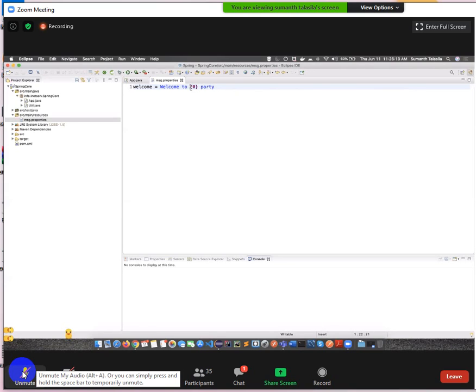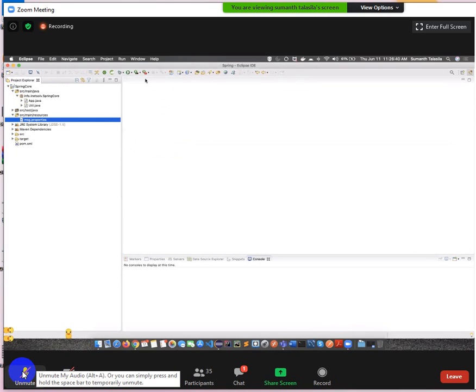Tomorrow the Congress party comes: welcome to Congress party. Tomorrow Janasena has come: welcome to Janasena party. If that is not the situation, how many keys do I have to write here? 3 keys. That is the reason I am using a parameterized message. You leave this parameter; apart from the parameters, you take care of all the remaining work. I'll take care of it.